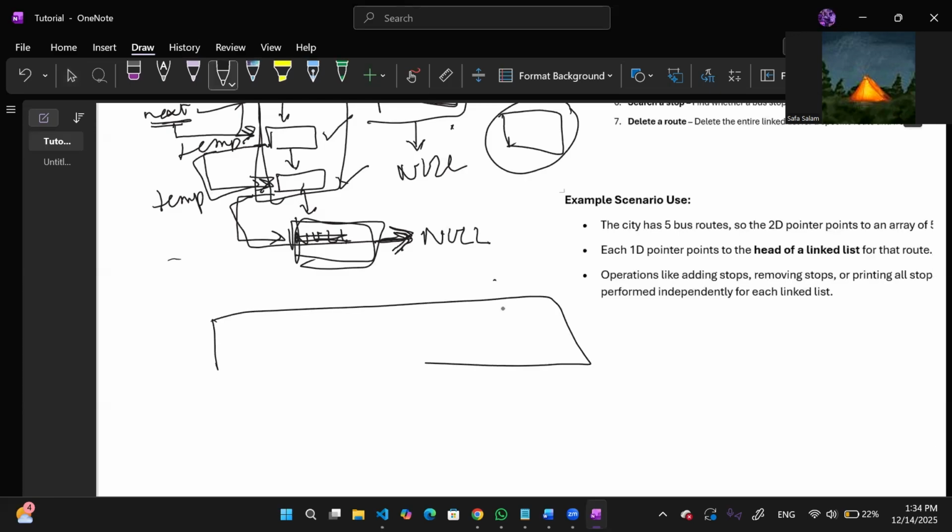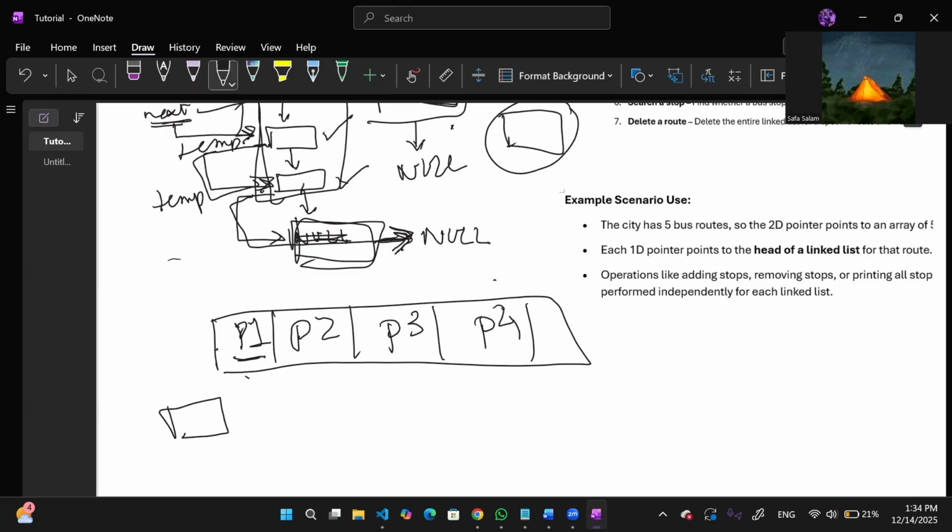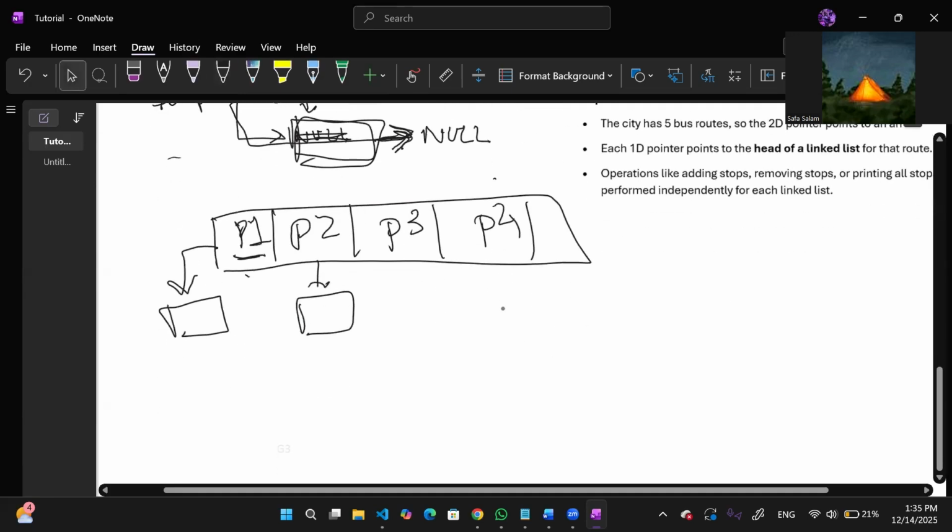So just for clarity, I am going to show you again what we've done. So we saw this array. It has multiple pointers. Okay, so first we checked if P1 was pointing to anything else. Is it null or is it not null? If it's null, then we simply say that this new bus stop that we've created, just assign it to P1. If suppose it already has some number of bus stops and P2 is not null or P1 is not null or P3 is not null,